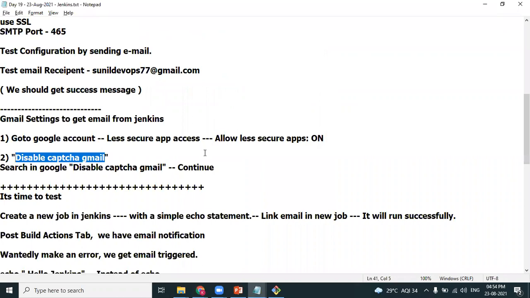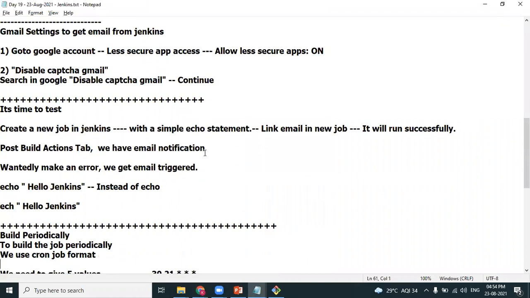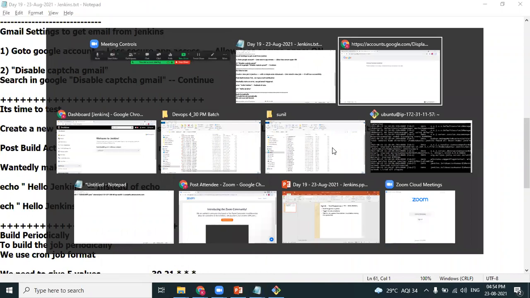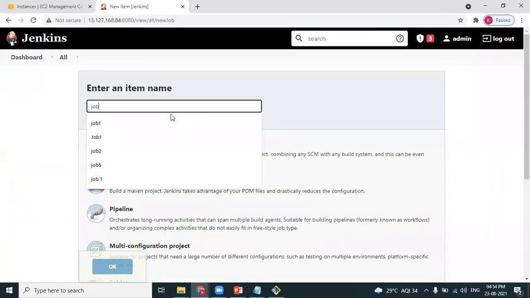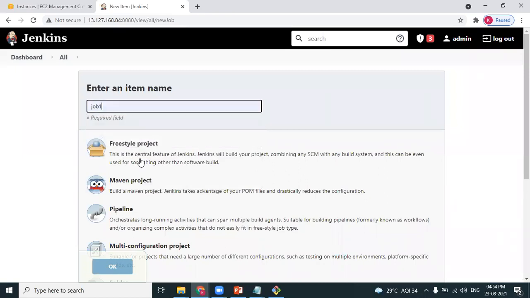So let's create a simple job and check whether we are able to receive emails from the job. I'm creating a new job in Jenkins. Name of the job, Job 1, it's a freestyle project.